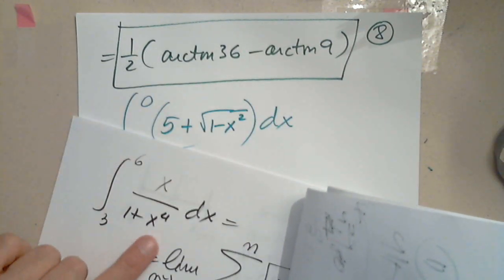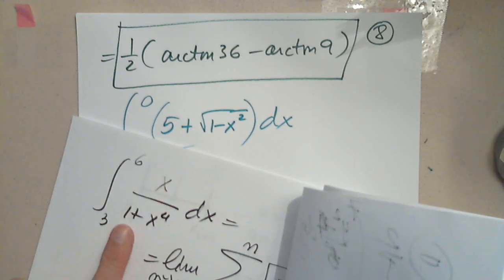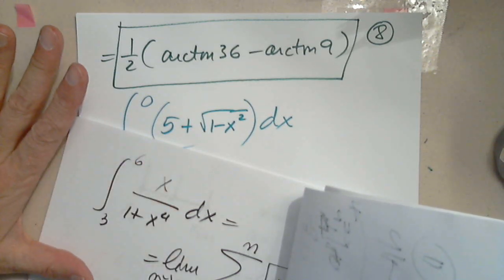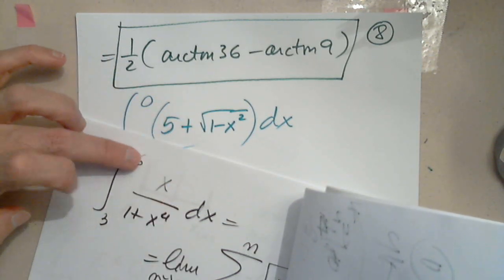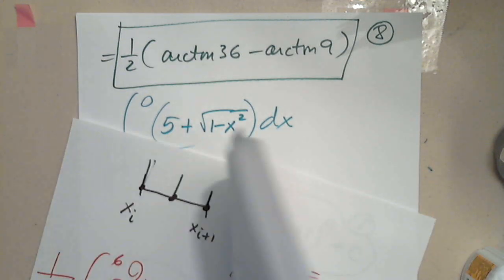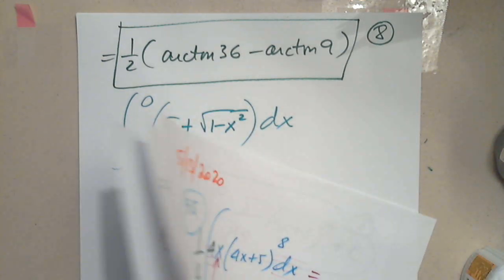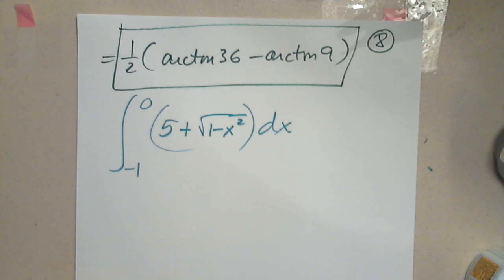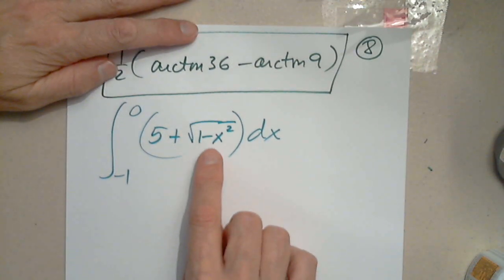The same thing here. This function is defined absolutely everywhere. 1 plus x to the 4th is never 0. No problems between 3 and 6 and everywhere else. So always remember to check that. Same thing here. This function